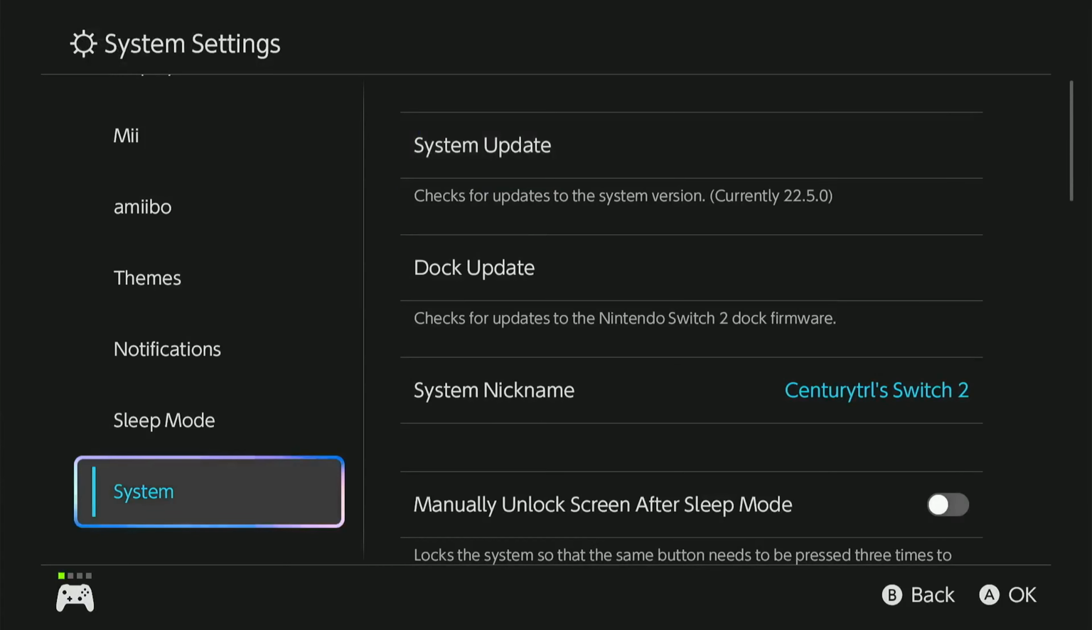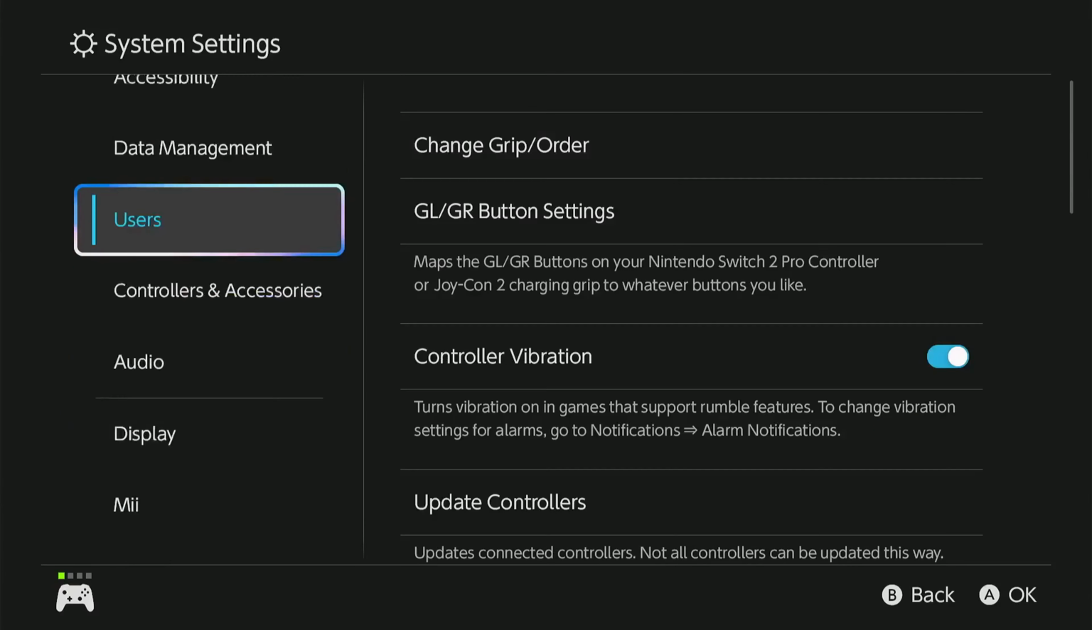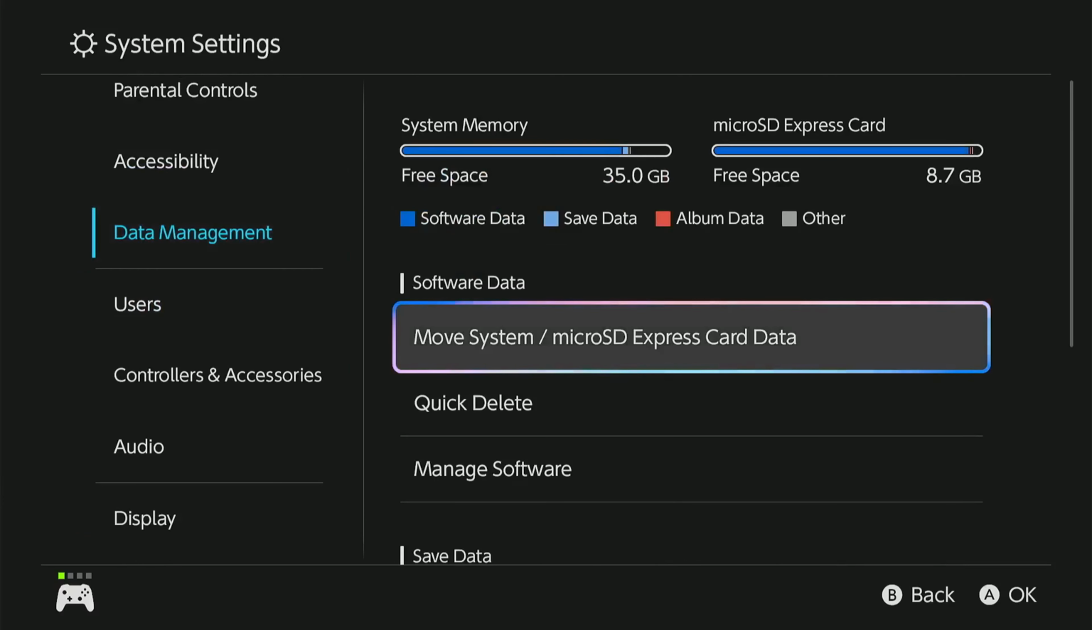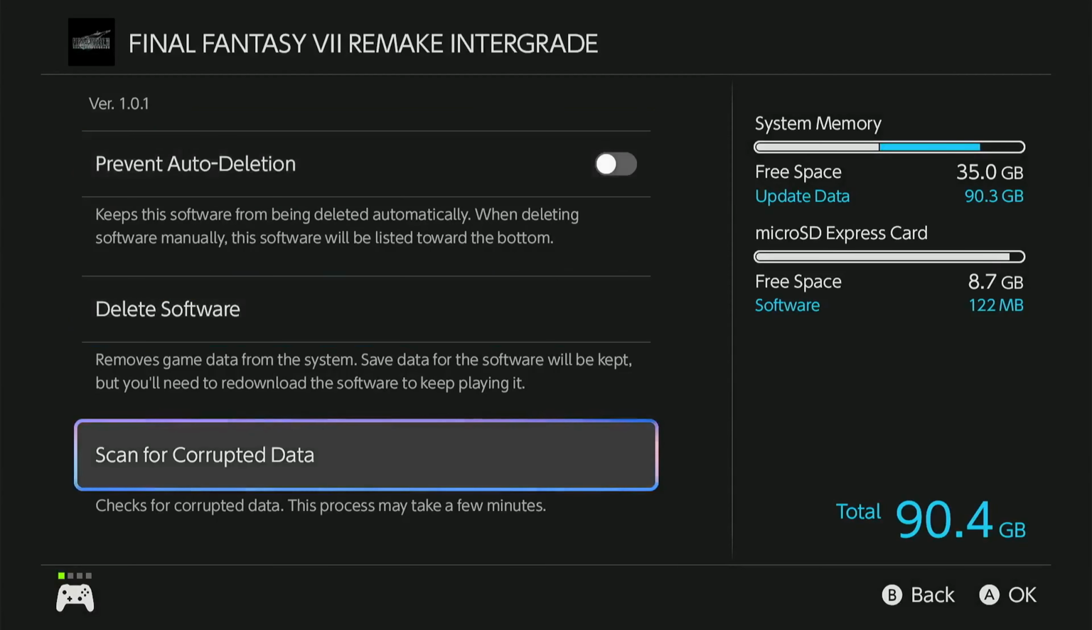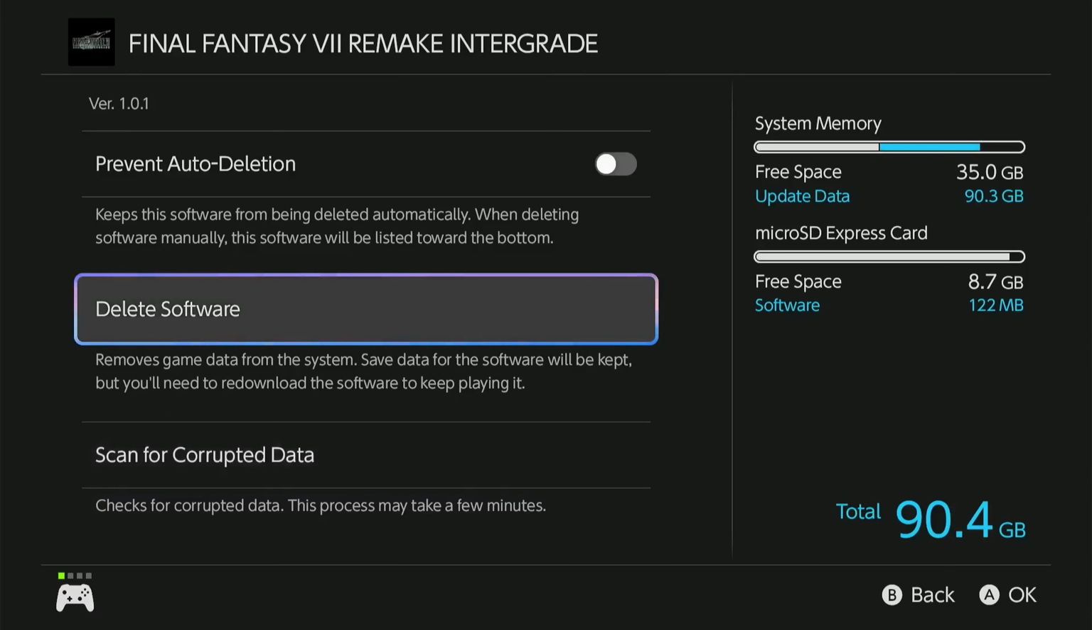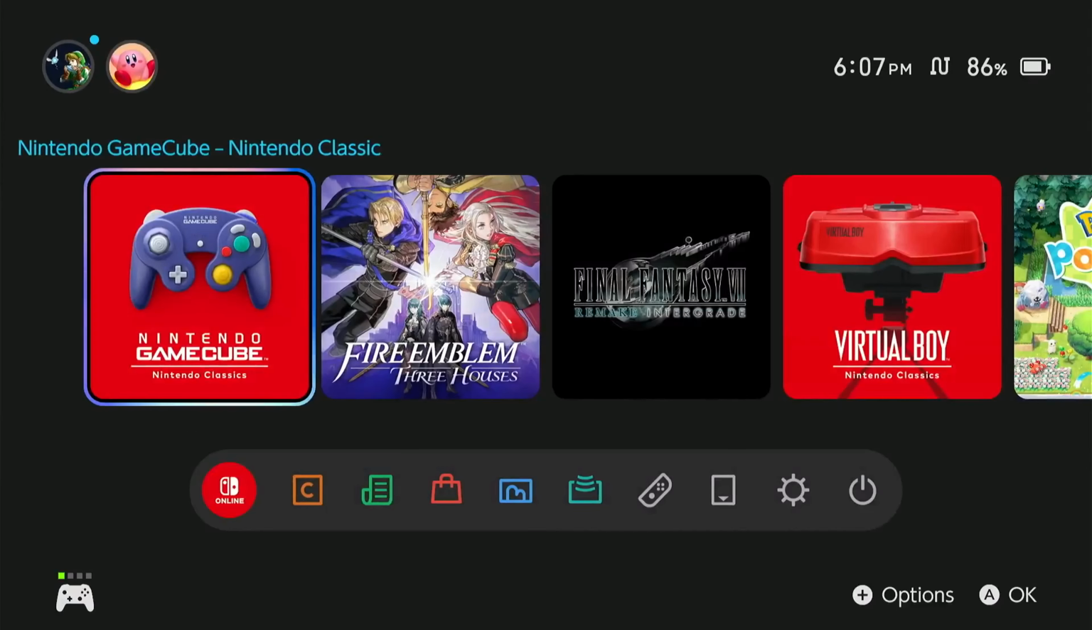Next, also under System Settings, go up to Data Management, select Manage Software, then choose the software causing the problem, and select the option that says Scan for Corrupted Data. If corrupted data is found, select the software again, choose Delete Software, and return to the home menu and open